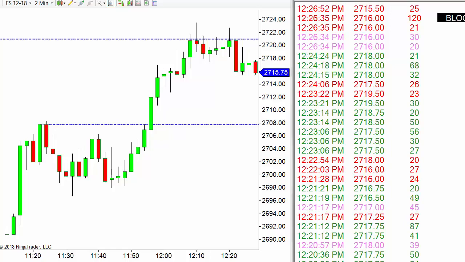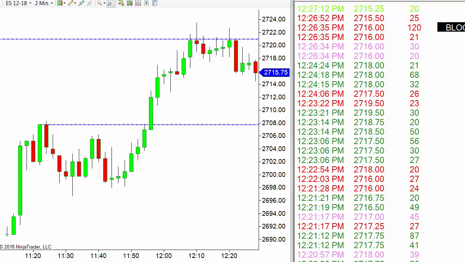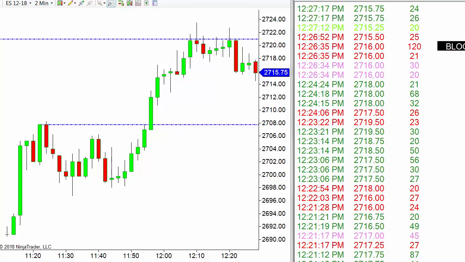Number one is you'll see the block. It says block, it's kind of cut off there, BLO and half of a C. So that's a block trade, and I have my block trade set for 100 contracts or higher. And then below that, we've got those in red, and then below that we have